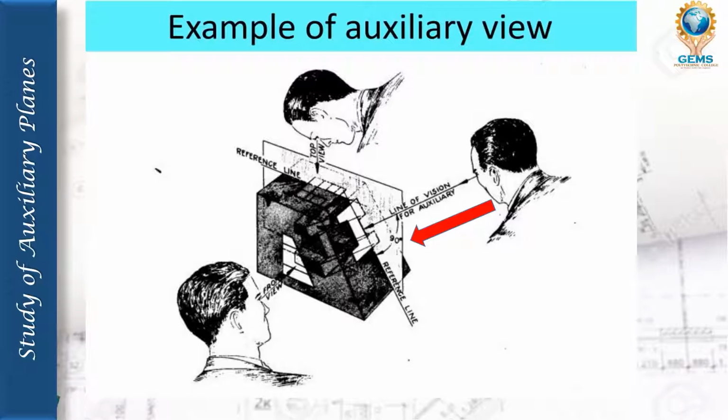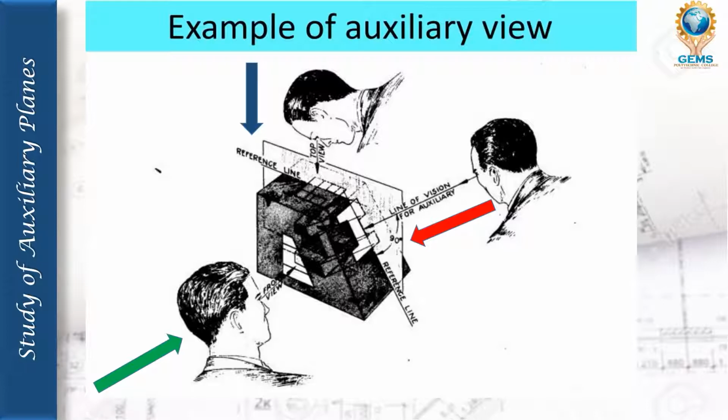Number two is the front view. If I see the object from the front, how will it look? If there is a square that is extruded, from any side, any view, it will look like a square only. Third one is the top view. If I see the object from the top, how will it look?